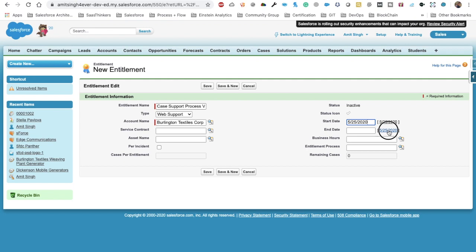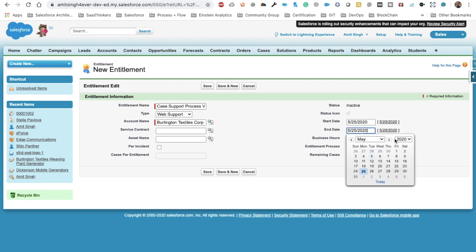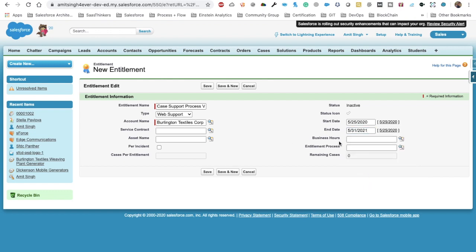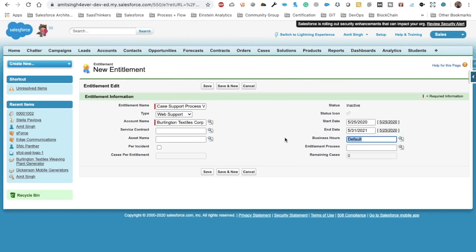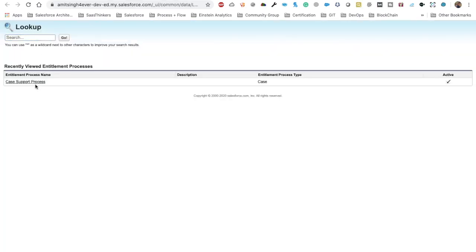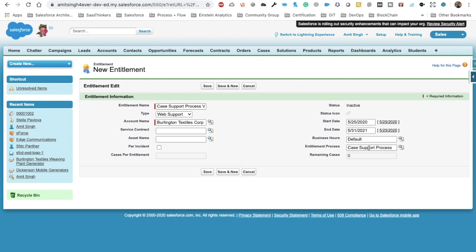And then suppose that I just wanted to provide this for 1 year, so I'm going to select from 25th of May 2020 to 2021, and select these two fields as well, that is business hours, we are going to select default, and we will select this case support process as well. So this is the entitlement process that we created here. So now what we will say here is we will quickly save this,